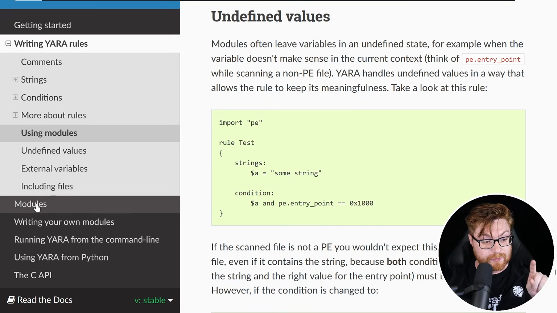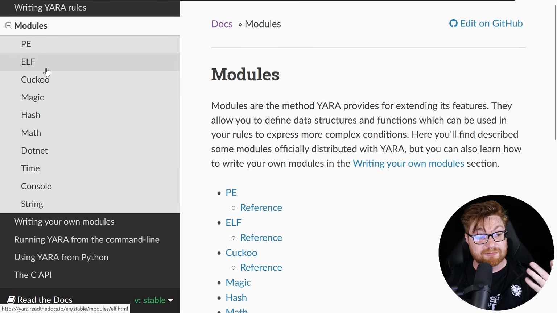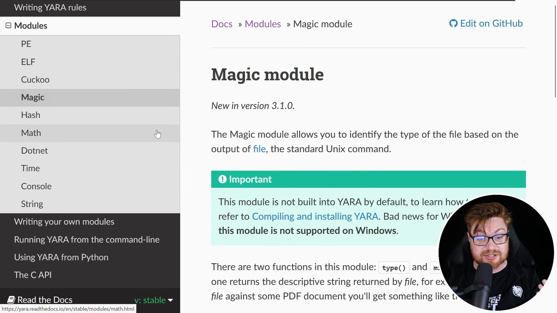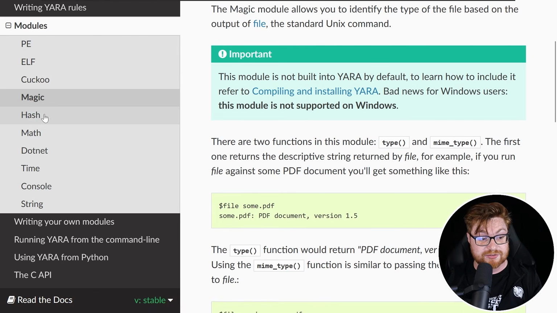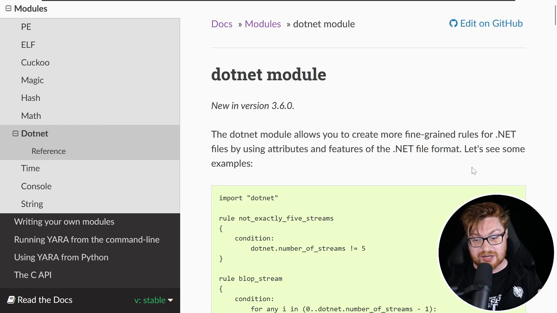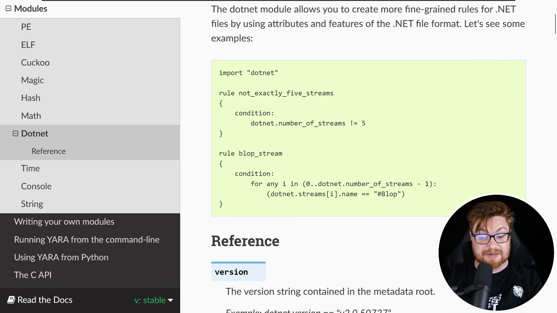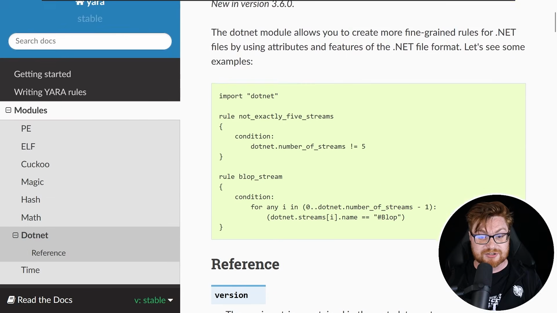Or even, look, we can go check out the modules section in the documentation. Take a look. They have ELF for Linux binaries, maybe some magic stuff for like different file signatures, different hashes, even math that you want to do, or .NET binaries, where you practically always see a whole lot of info-stealer malware and other nefarious shady stuff using .NET. I want to show you all of those things in action, and I want to get into using YARA to